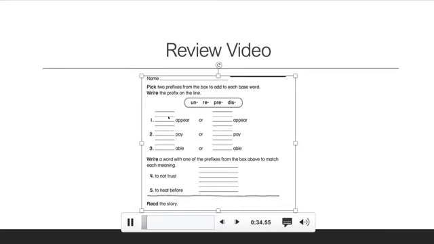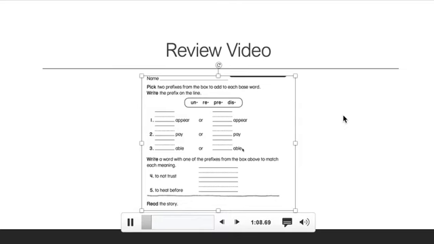So there are 2 words that you can make with appear. So unappear is not a word. What about reappear? Reappear is a word, so you could put re in front of appear over here. And then the other word, preappear, is not a word, but if you put dis in front of appear, you get the word disappear. So you're going to make 2 words with appear, 2 words with pay, and 2 words